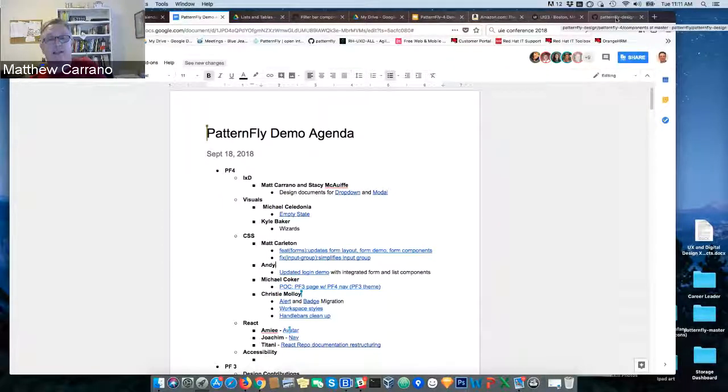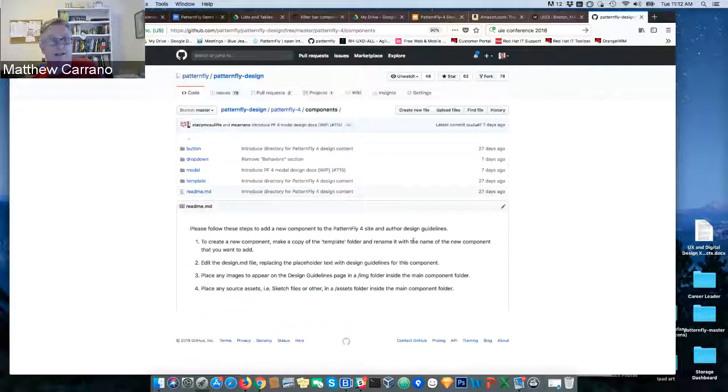Stacy and I, and Rachel, have been working on starting to write design docs for PatternFly 4. So these are the design documents that will show up on the PatternFly 4 website that are intended to provide design guidance for usage of PatternFly 4 components. So these documents, like the PatternFly 3 design content, will live in the PatternFly design repo. We've set up a new folder for those called PatternFly 4 components,